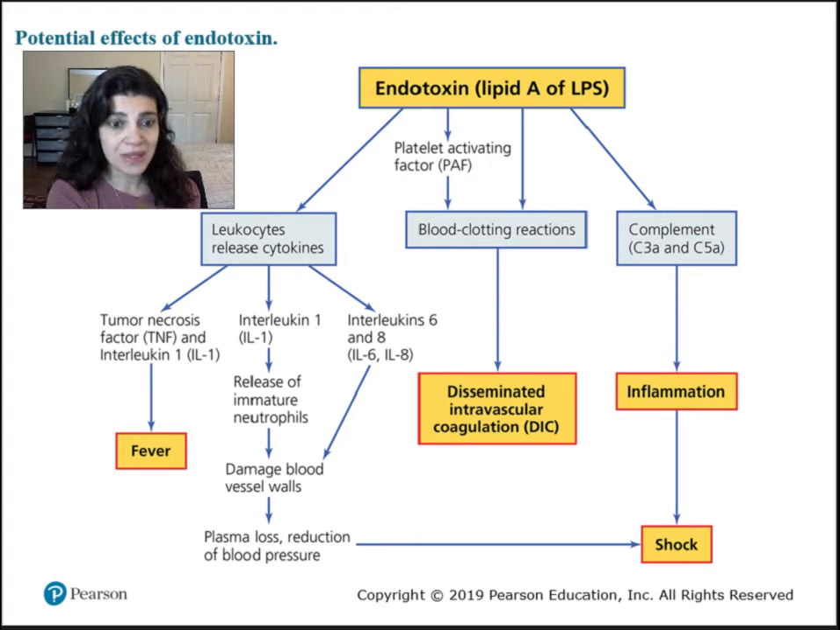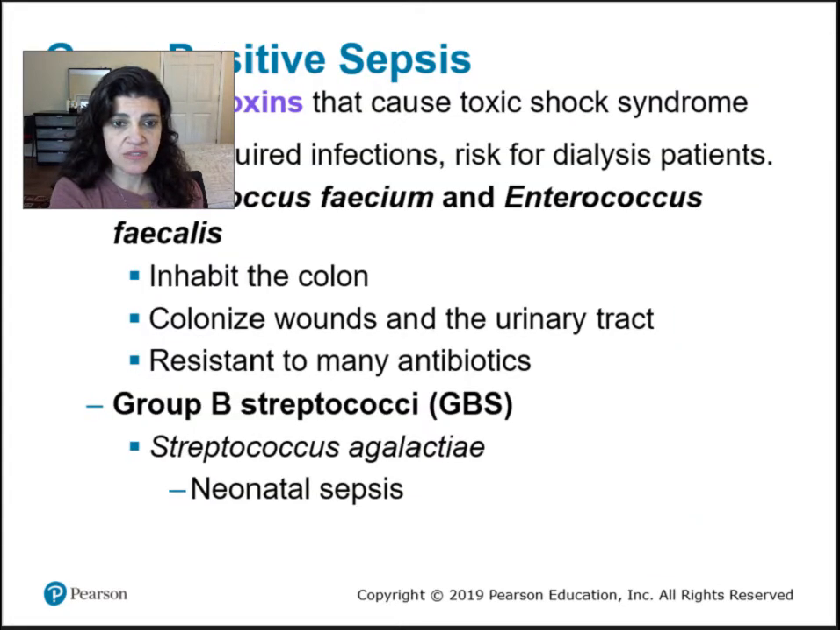IL-1 can also release neutrophils that will dump even more cytokines in and damage the blood vessel walls, and other interleukins can do the same thing, like interleukin 6 and 8. That will cause all this damage in the blood vessel wall, will cause plasma loss, reduction of blood pressure, shock. Okay? Shock is like your blood is not even moving enough. How can your body function, right? So that's gram-negative sepsis. If we think about gram-positive sepsis,